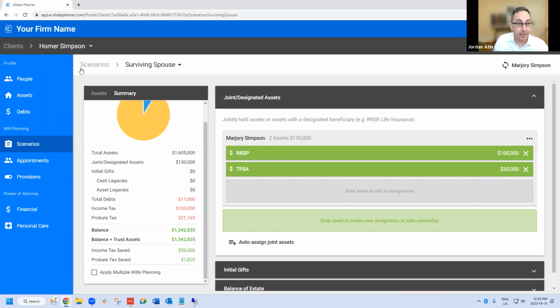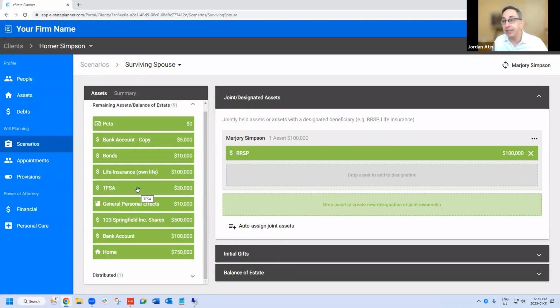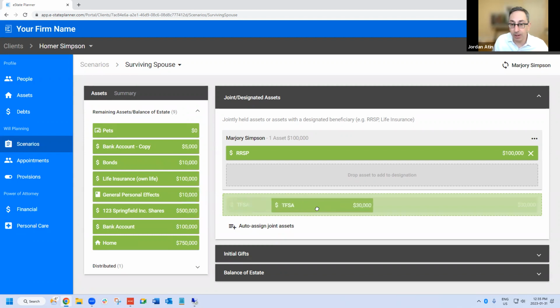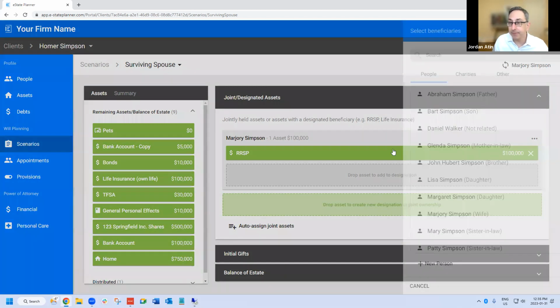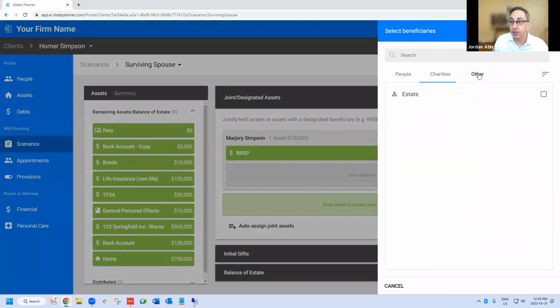What if, as an example, I delete that asset, and we wanted to make the estate the beneficiary of the TFSA? We would drag the TFSA into the green box for a new beneficiary, and you'll see people, charities, and other. If we click other, that's where you can see the estate.